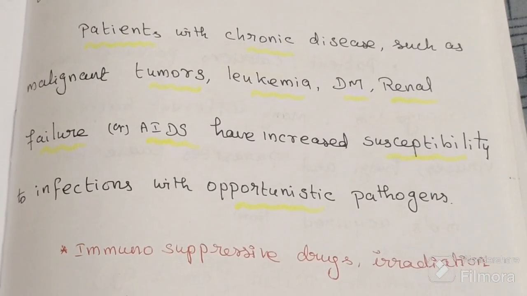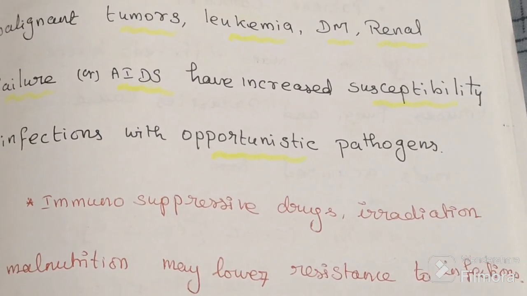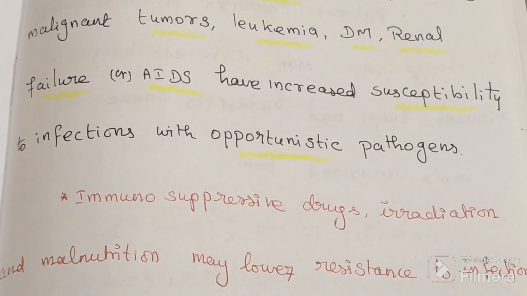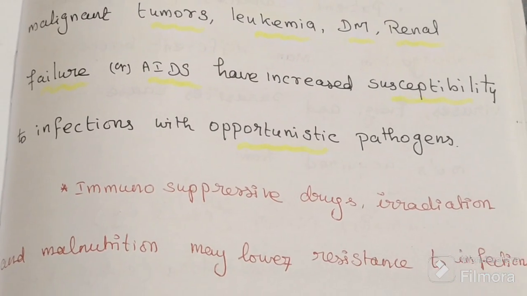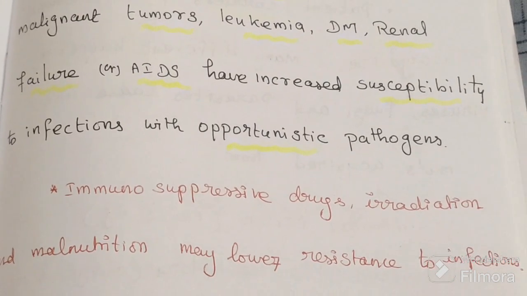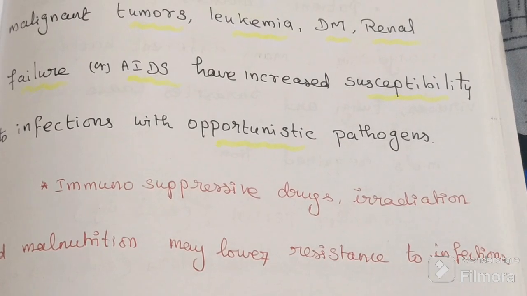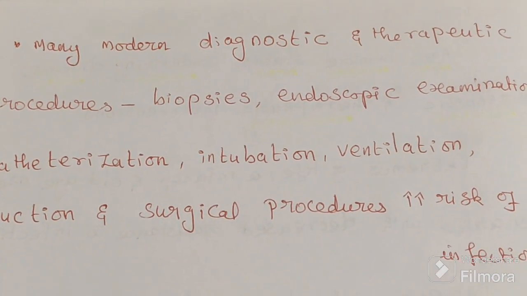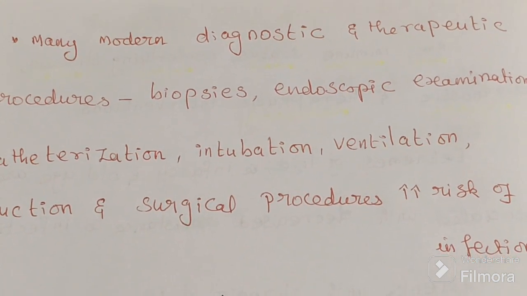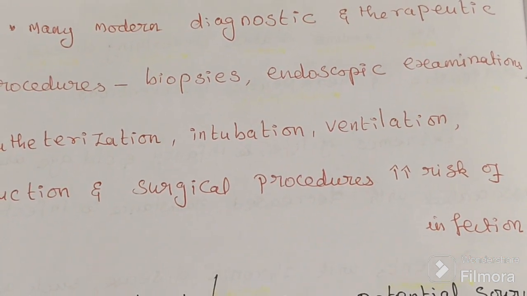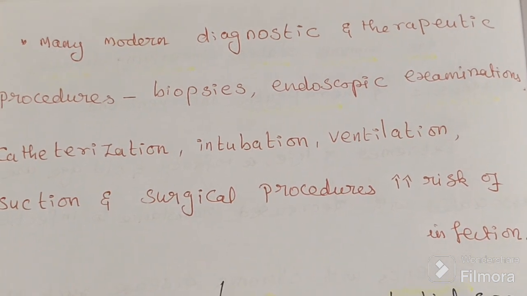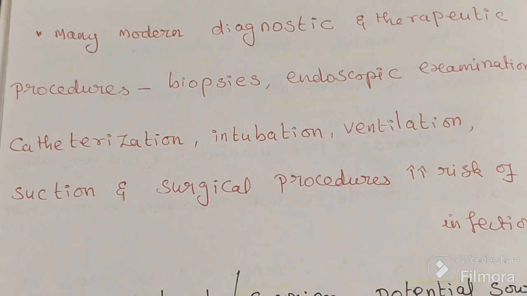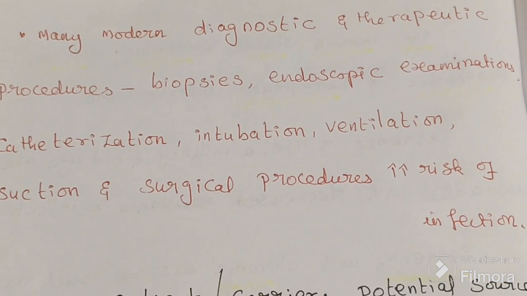Then immunosuppressive drugs, irradiation and malnutrition may lower resistance to infections. Injury to skin or mucous membrane also affects natural defense mechanisms. Many modern diagnostic and therapeutic procedures such as endoscopic examination, catheterization, intubation, ventilation, suction, and surgical procedures increase the